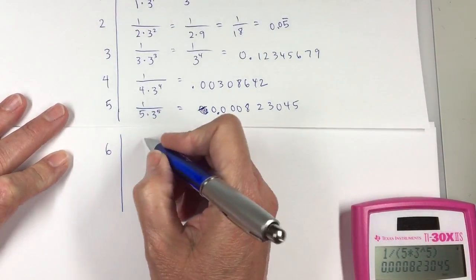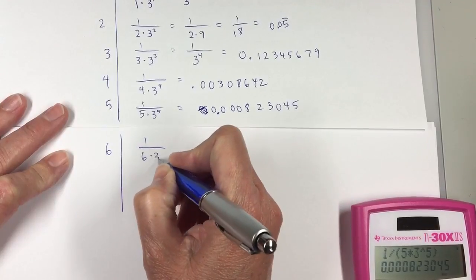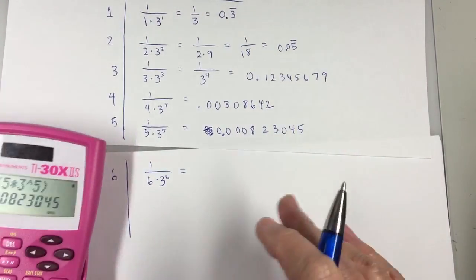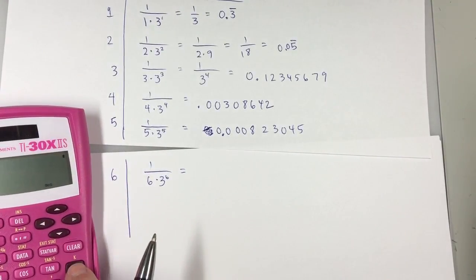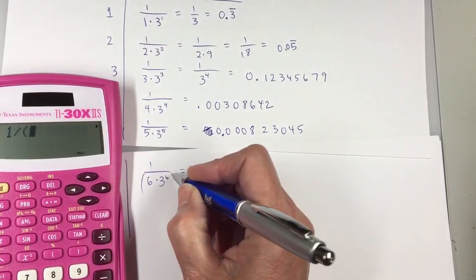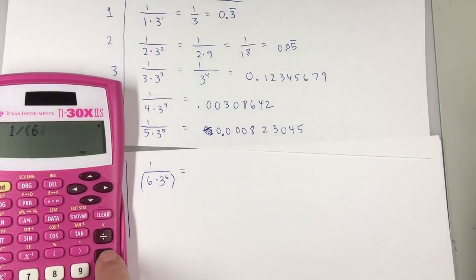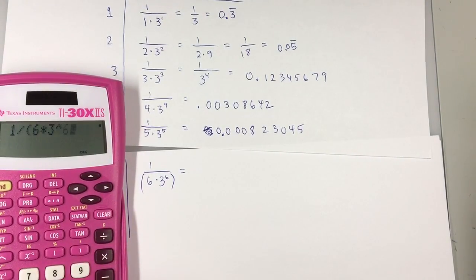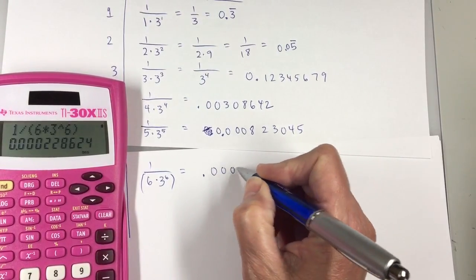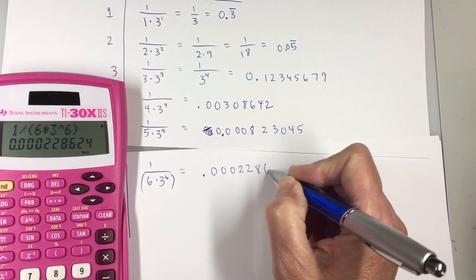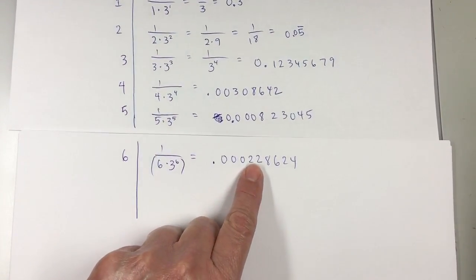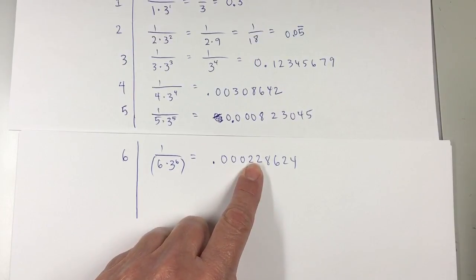If n is 6, that's 1 over 6 times 3 to the 6. So 1 divided by, and make sure if you're typing this in, you're using parentheses around the bottom, 6 times 3 raised to the 6. That's 0.0002288624. So I'm looking for when b sub n becomes less than